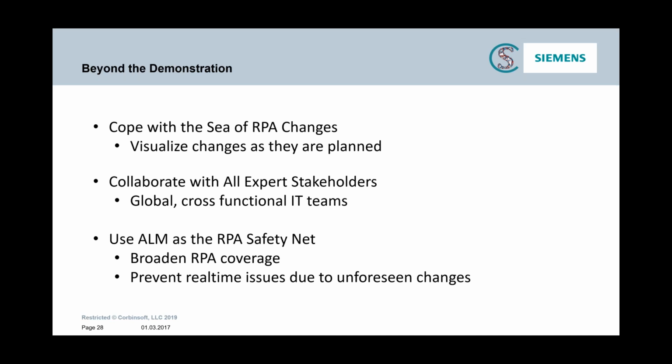The finance application experts are dealing with the finance application. The process automation experts are dealing with the RPA robot application. And ERP, with perhaps, as we saw earlier, a multiplicity of ERP applications. Using one tool to correspond to a global cross-functional IT team brings RPA control in as a safety net. And what we think we will be able to do is prevent the real-time issues